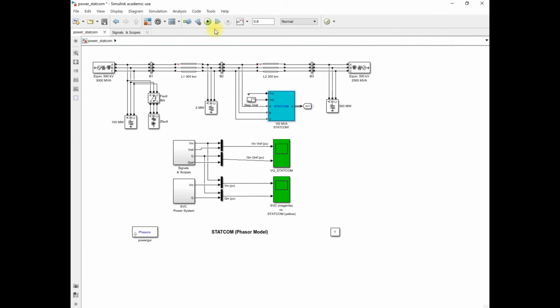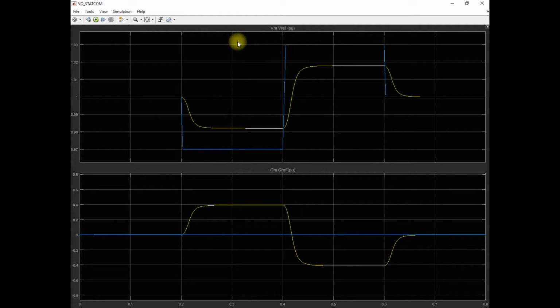And again run this simulation. So this is a normal condition again. Now the second observation, you can see this in the simulation here. The response provided by this STATCOM is very sluggish. It means the STATCOM takes some time for the reactive power injection to maintain the voltage regulation. This lack of response provided by the STATCOM depends upon the AC voltage gain of the